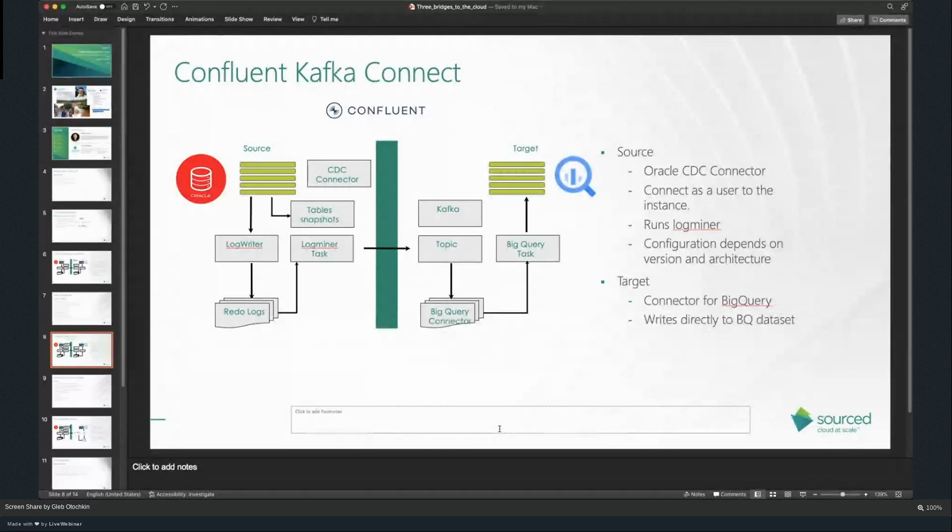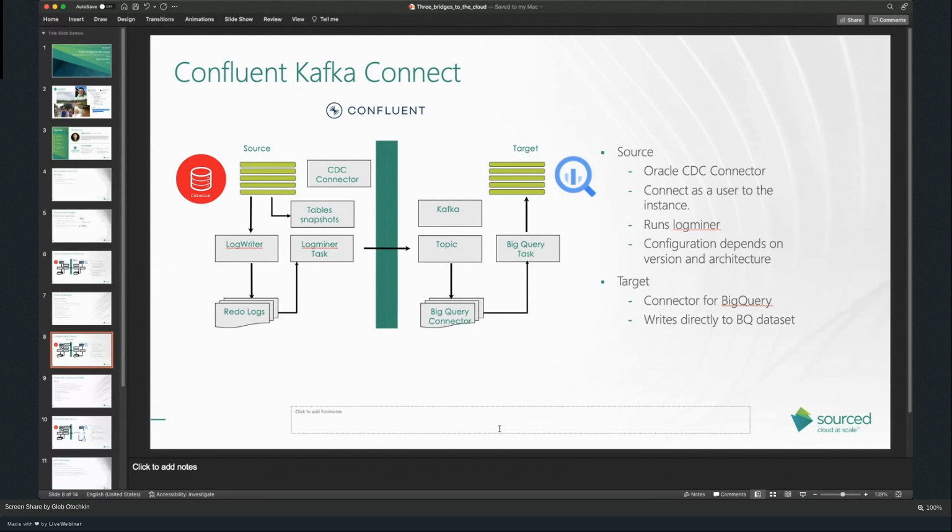So how does it work? Let's talk about our case. We have an Oracle database on the source. We have BigQuery on the destination. So the Confluent Oracle CDC Connector creates a task, and that task is running LogMiner in the source database. It is connecting as a user.